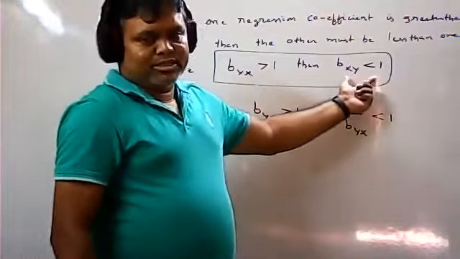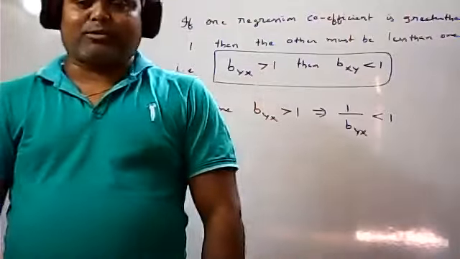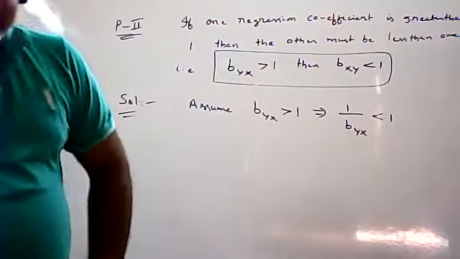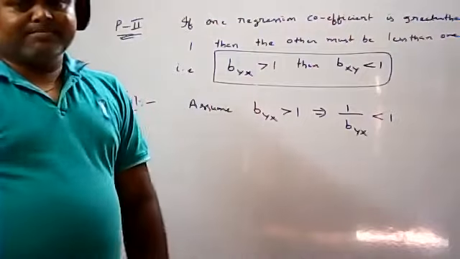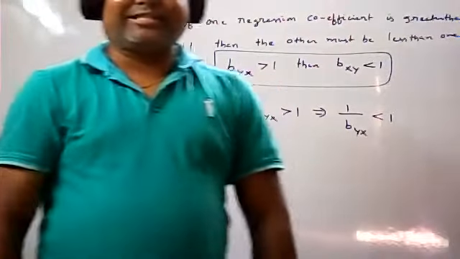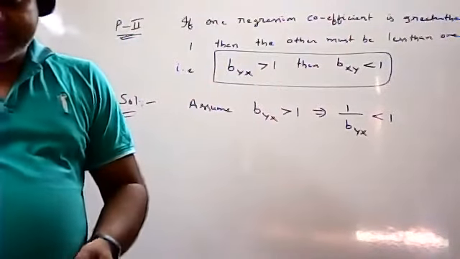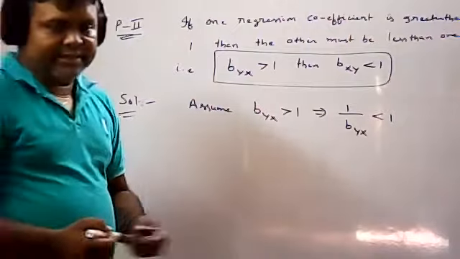If I want to prove this one, I already know property number 1. What is property number 1? The geometric mean of the regression coefficients is equal to the correlation coefficient. That I know. So write up the next line. We know that